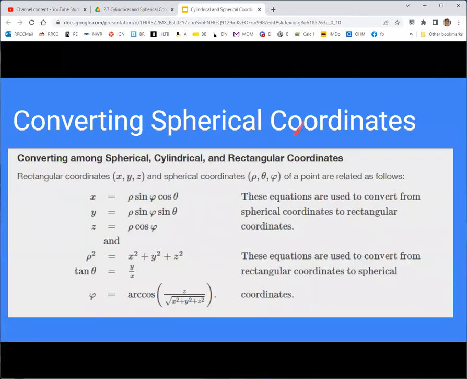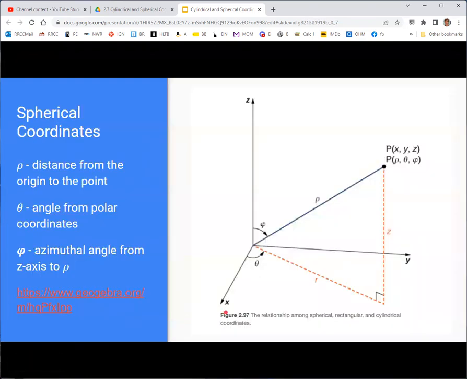Here are the equations that relate the two. We basically take the equations from cylindrical and replace r with rho sine phi. And that gives you your x and y equations. And then z is rho cosine phi. And then you can actually see that from here